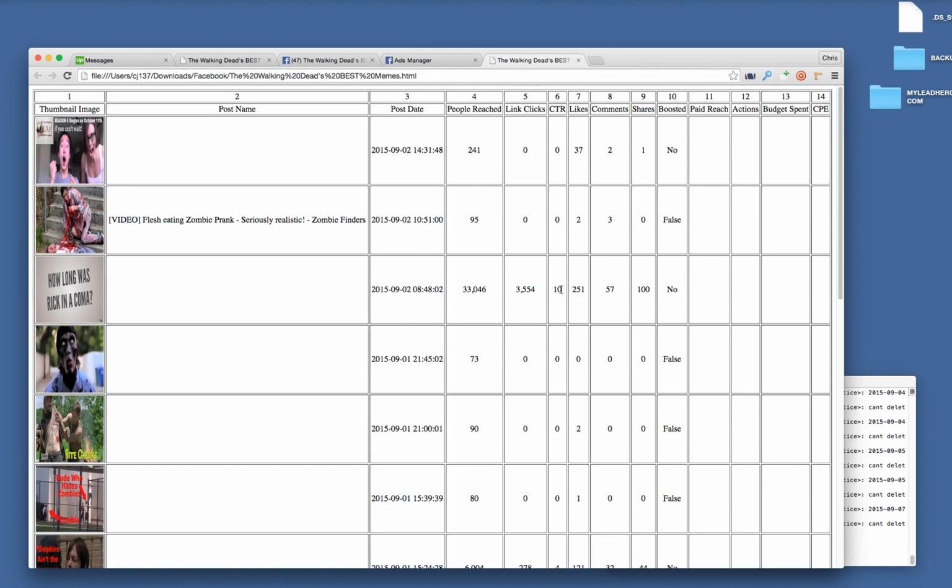CTR, if you can make that 10.12 or whatever the decimal places are. Same thing for CPE, if you could. Problem with boosted, we have no or false. And in fact, where it says no here, unfortunately, as I showed you before, it actually should say yes. So this is obviously a glitch